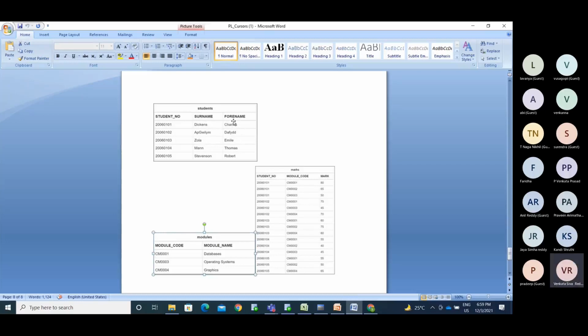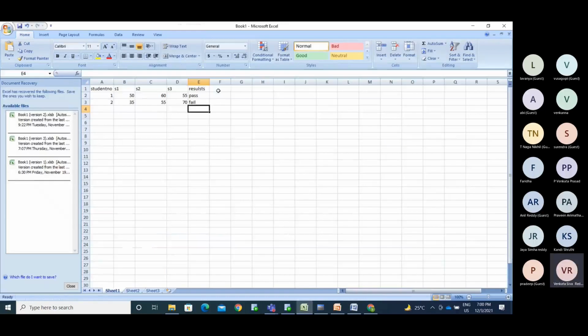Surname and forename, both names to be mentioned. If my surname is Vasanta and my name is Shiva, I need to make it Shiva Vasanta, maybe Shiva dot Vasanta. I need the first name dot last name displayed as a name. We have two different columns here, and I need to make it one individual column.